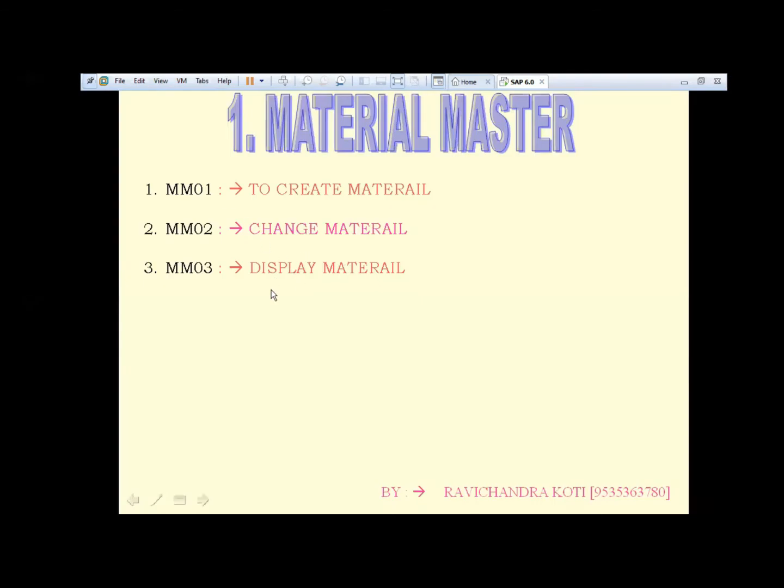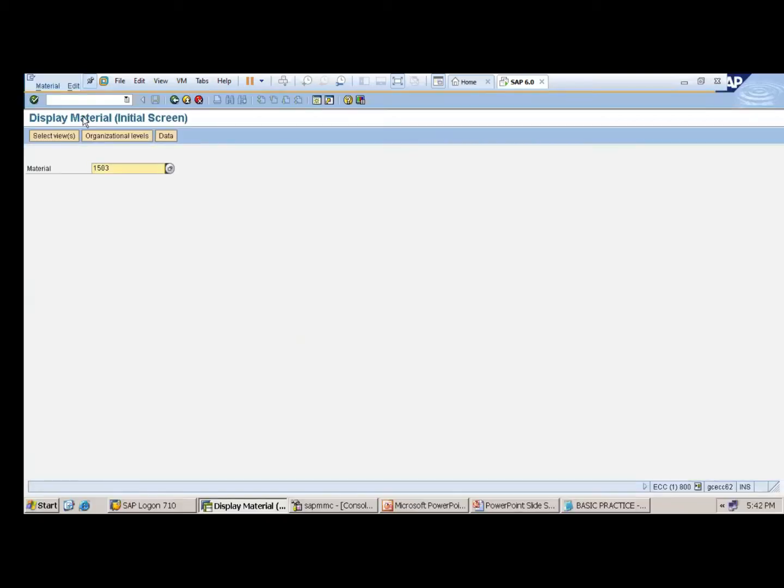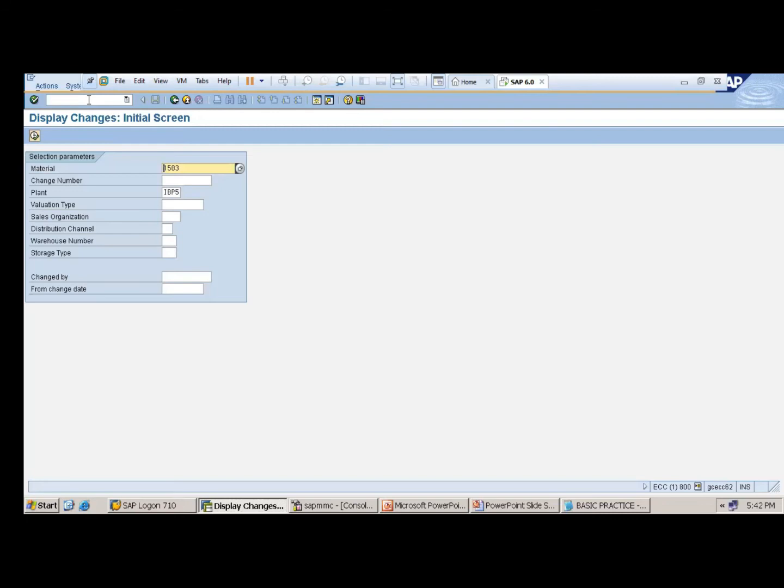Suppose I want to know what changes have been made. First I created, then I made some changes. What was the initial data? How do we come to know? Go for MM04, display changes. Let me see. /n MM04. Enter. For this material, yes. Just remove the plant, not required.